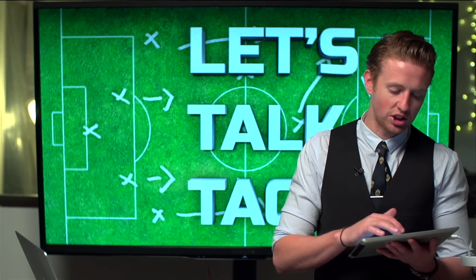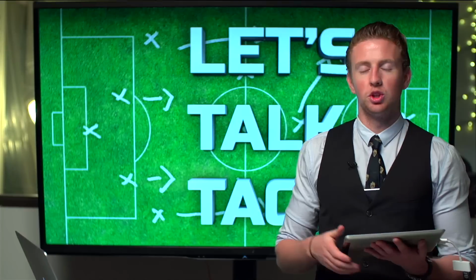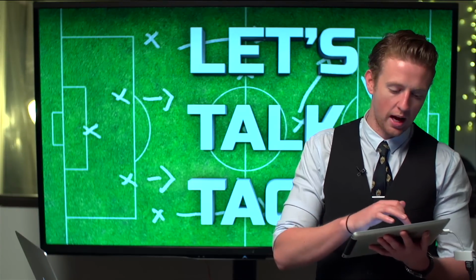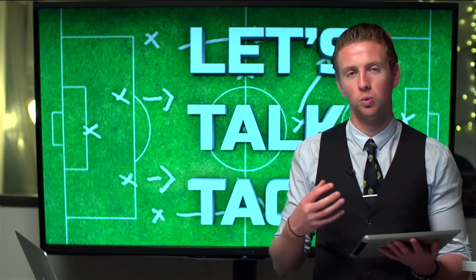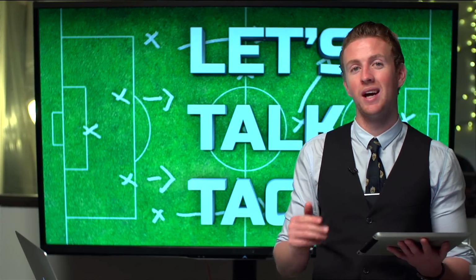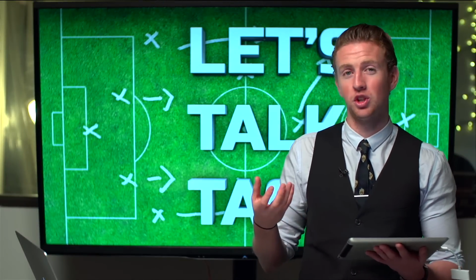But the reason their attacks have changed so much is because Sturridge is back, because he takes defenders deeper. When you've got guys like Coutinho and Lallana, they're good at picking out strikers. And what happened against Burnley is the ball was picked up from a deep area, Sturridge peeled off into the back, and he was there, and he's got a great head on him as well. Manchester United are not the best at tracking runners, and Sturridge will try and test that. And with the likes of Coutinho, who can drop deeper and have a great strike from distance, it's going to